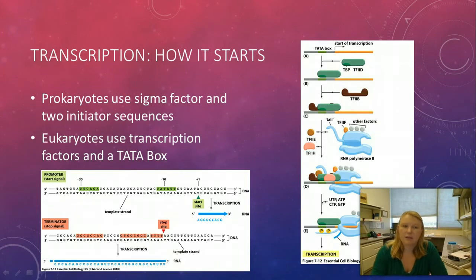This initiation sequence can also be known as a transcription initiation area. It has promoters that bind to specific sequences on the DNA. Now, eukaryotes and prokaryotes differ significantly here. Prokaryotes use a sigma factor with 2 initiation sequences for the promoter to bind to, and it will bind there